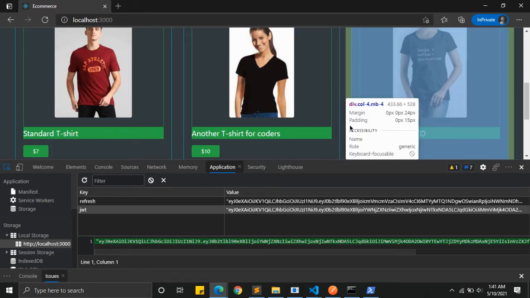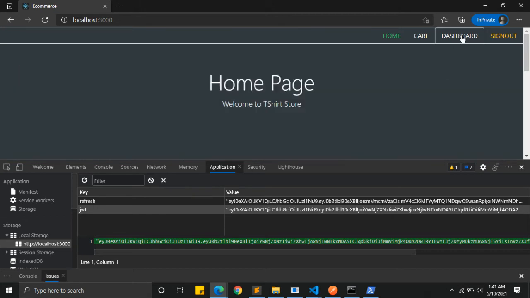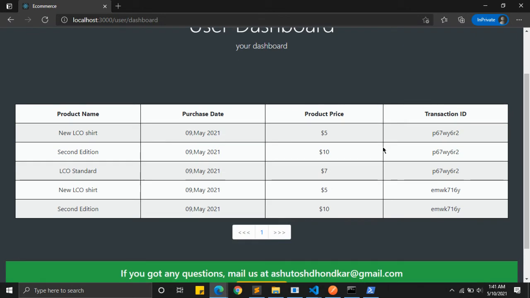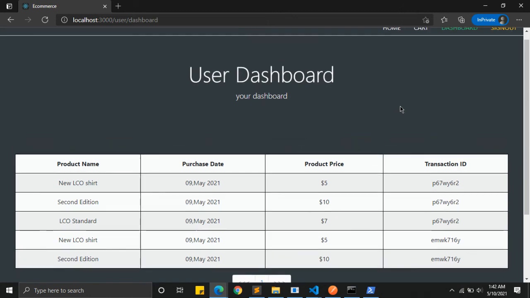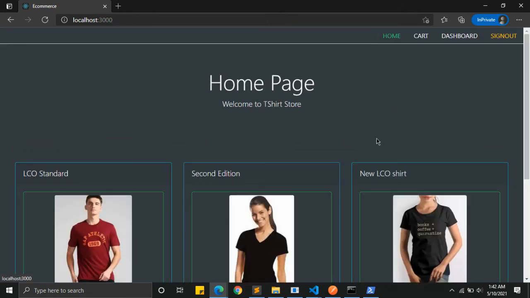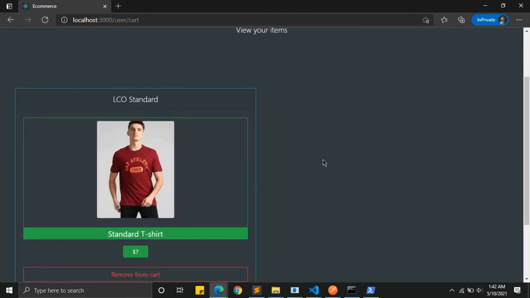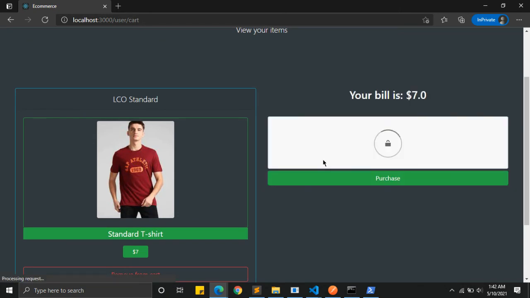Now, the third thing to note is that I have added a dashboard so that the user can see the purchase history. I've made use of pagination, and the pagination is dynamic. Like if we add some more items to the cart and purchase this item, it takes time for the Braintree payment gateway to load up.